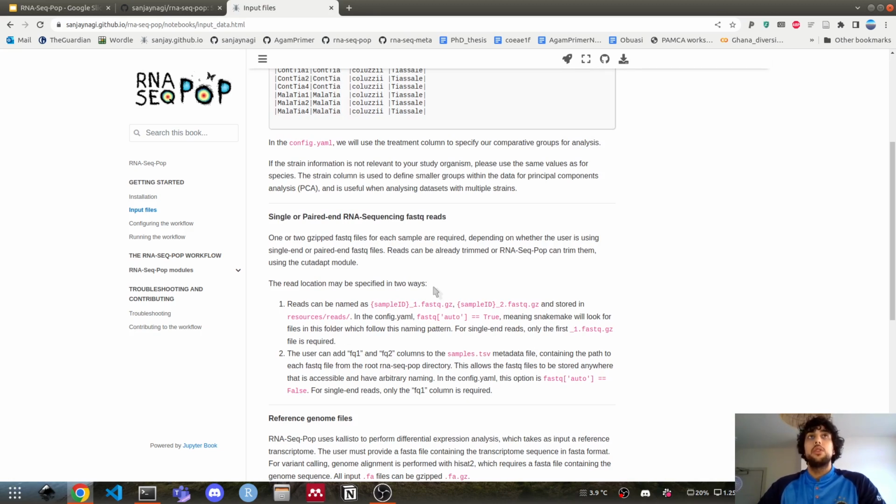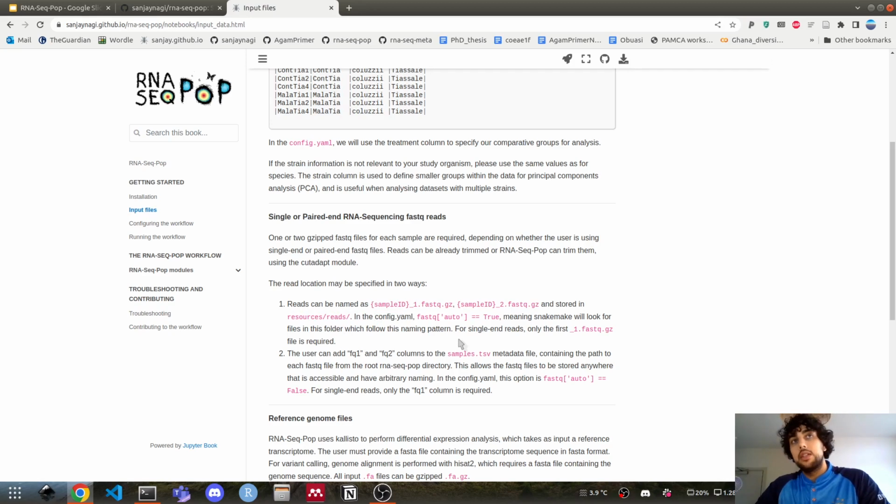Either this can be done automatically, in which case they should be stored in the folder resources/reads, and they should be named as the sample ID _1 for the forward read .fastq.gz and _2 for the reverse read. And if you, in the configuration file, which we'll look at in a second, set the FASTQ auto option to true, Snakemake will automatically look for these files in this folder.